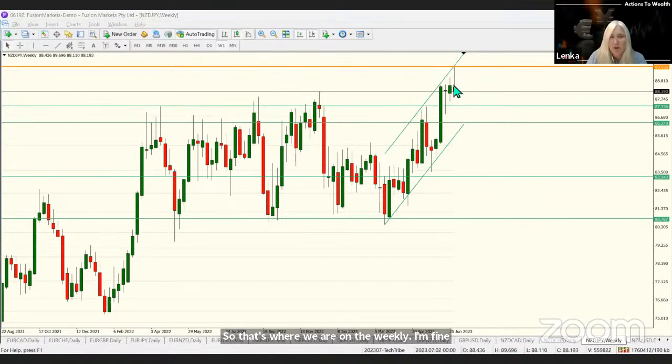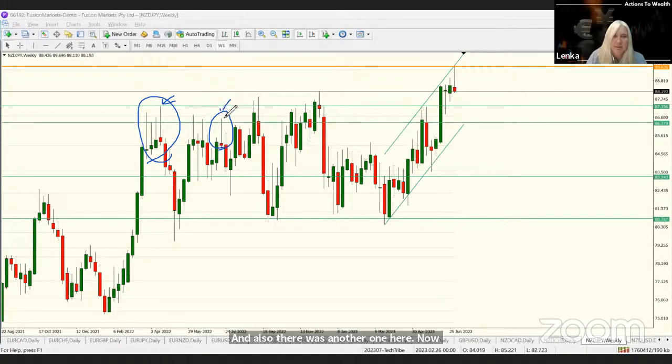So we had quite a decent pullback from that level of resistance. Similarly, in the past, we had a similar bar here. And also there was another one here. Now, on a weekly basis, following those two, there was 1, 2, 3 weeks of price going down. And here there was a week and a half, week and a bit. So we may expect